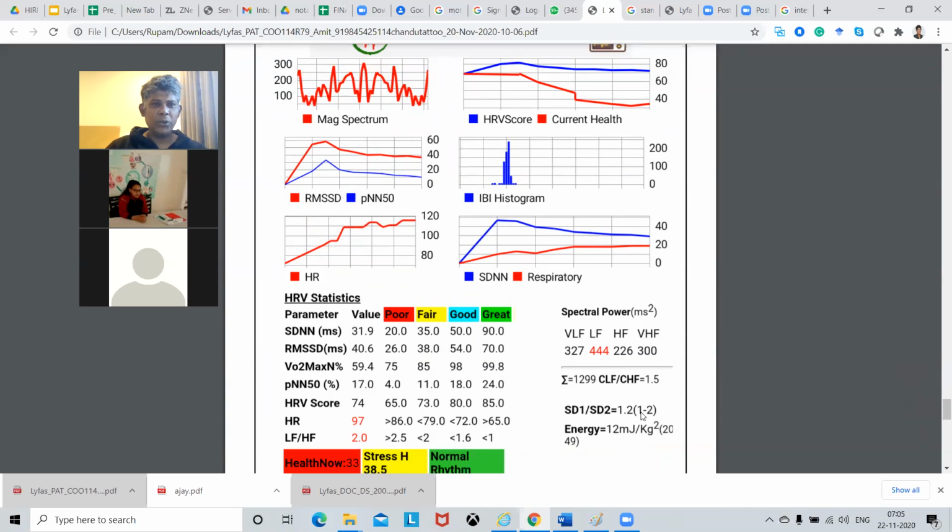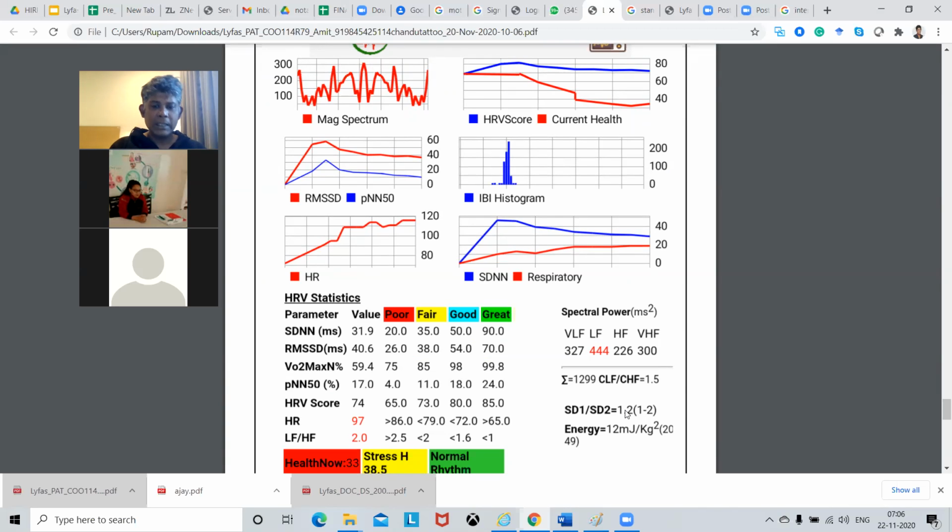Now, if you are having significant anxiety, you will see many smaller and distributed peaks over here, many small buildings and no such large buildings, so equal size buildings, well spread. And you'll see the SD1 by SD2 value as significantly large, something like 3.2, 3.5, and more than that. Therefore, whenever the SD1 by SD2 goes above 3.3, we call it anxiety. We call that an anxiety condition because only in an anxiety condition is heart rate variability that much more. That anxiety can be psychological anxiety, or it can be a pre-marker